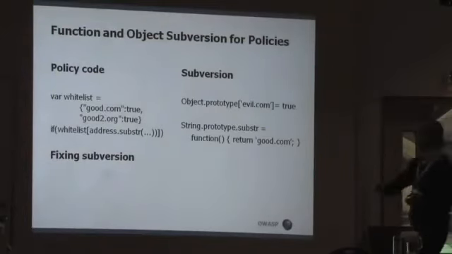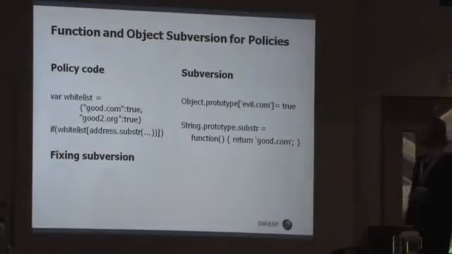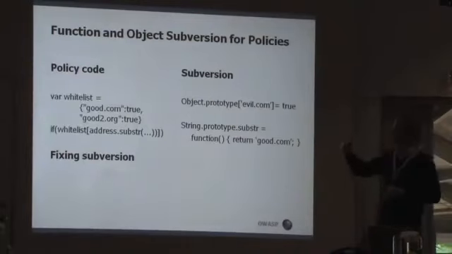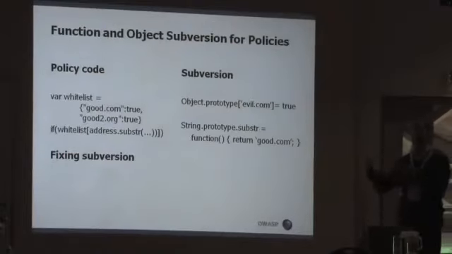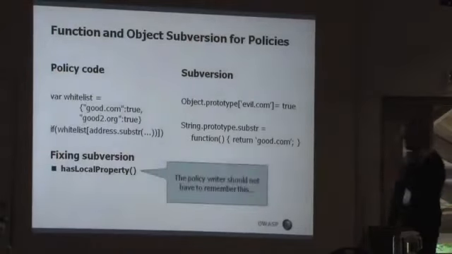And in another way, since we are using a built-in function, we can actually reassign the function to mean one thing when it's accessed in the whitelist, and when it's actually later on used in the code, then it will return something else. So one fix for this would be to use hasOwnProperty. But again, that's something that the policy writer would have to know. So he should not